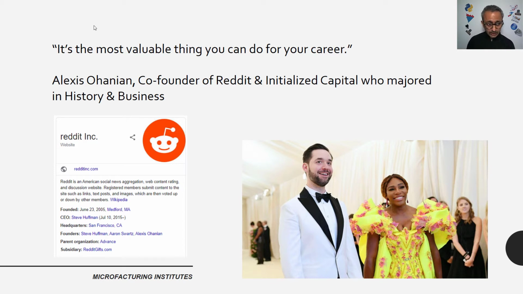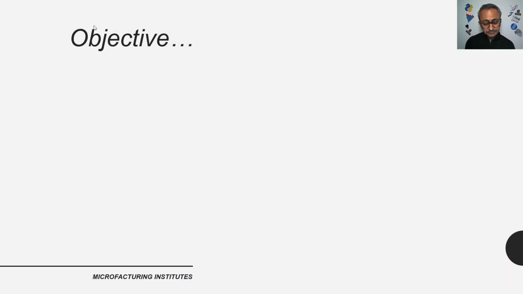Here is a quote by Alexis Ohanian. He's the co-founder of Reddit, and Reddit, I think, is a news aggregation website. I keep coming across it. I don't actively go seek it out, but it's pretty popular. I guess a lot of folks use it, so I just wanted to quote it, and there are many quotes like this. He's married to, I think, Serena Williams, one of the Williams sisters. Okay, so